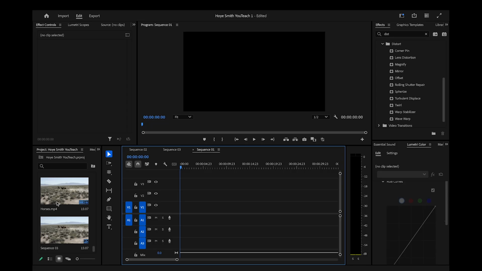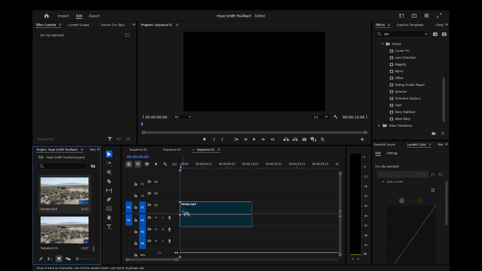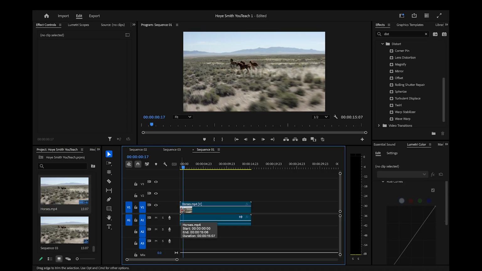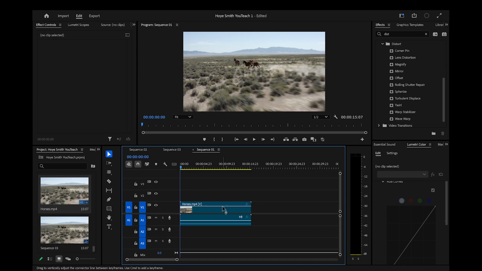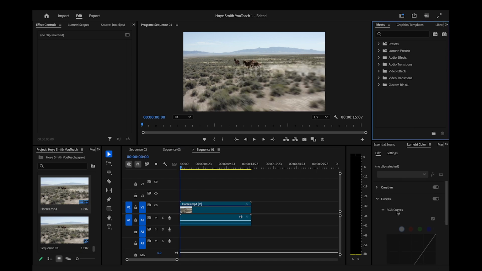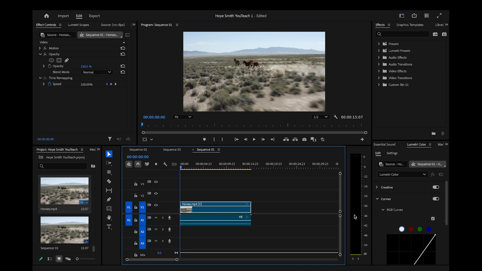Hi there, today we're going to be learning how to make a VHS effect on Premiere Pro. So you're going to drag your clip from imports and drag it onto the timeline, and then you're going to go to your Lumetri color panel over in effects, and you're going to scroll down to RGB curves, and you're